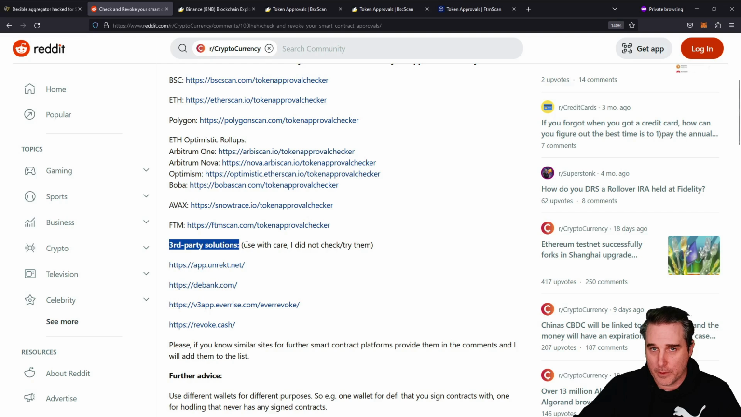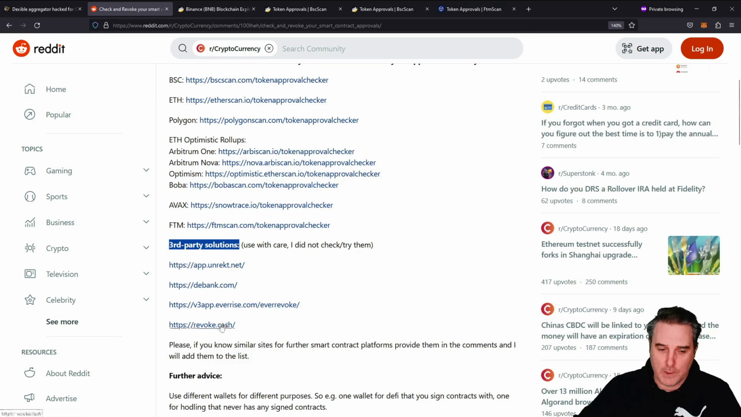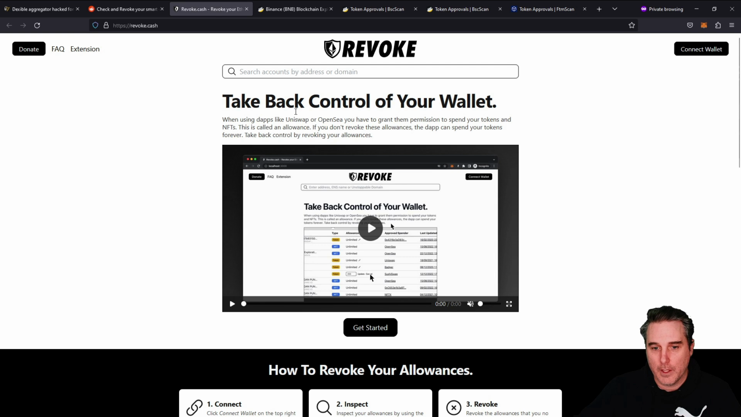Now, if we cover the third-party option first, he says, which I 100% agree with, use with care. I did not check or try them. The difference between the third-party and the official scan chains is that the third-party is easier. I've heard of this one, revoke.cash, so I'm going to open that one up and go through it. You connect your wallet, and then you're able to look at your single wallet and look at all the chains and see what contracts are